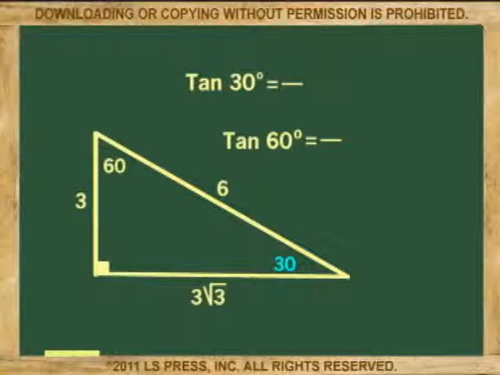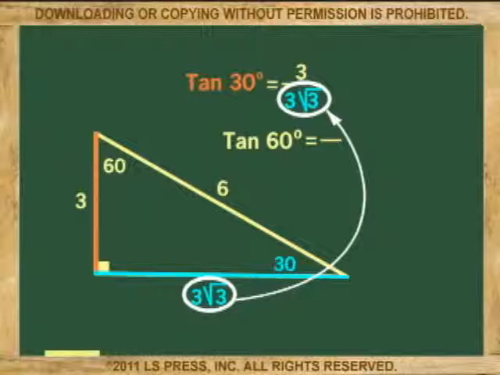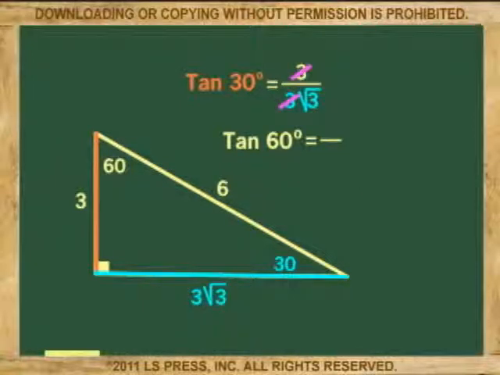Now, in calculating the tangent of an angle, we do not use the hypotenuse because to find the tangent, you need the opposite side of the angle over the adjacent side of the angle. So the tangent of 30 degrees is 3 over 3 the square root of 3. Canceling the 3's, it becomes then 1 over the square root of 3, or